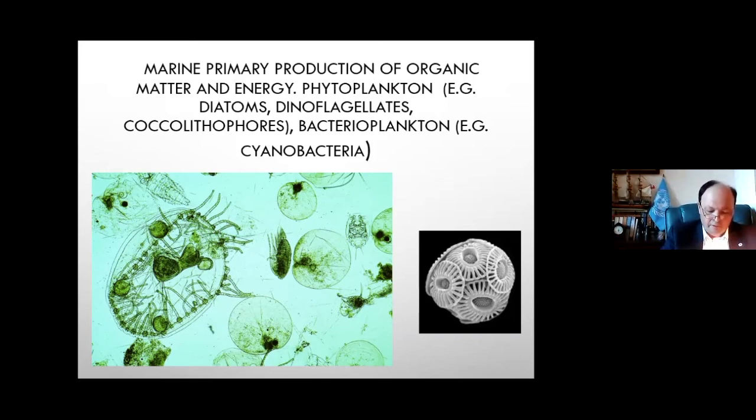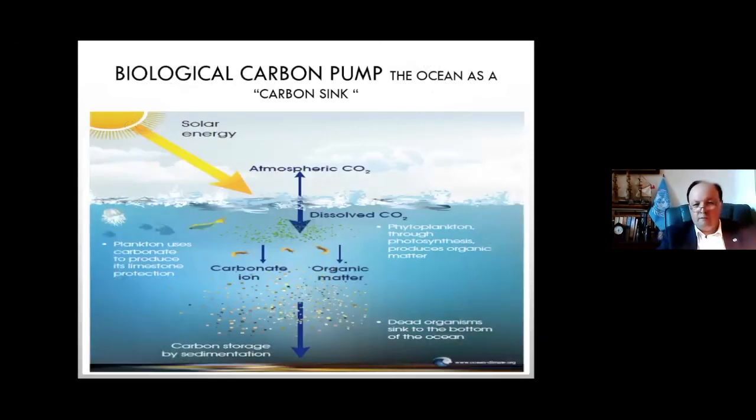Cyanobacteria are very, very important, a very basic and ancient form of life, but particularly important in the oceans. So all these tiny little creatures are doing fantastic things for us: producing oxygen, capturing CO2 emissions, and giving us organic matter. Ultimately, it's going to be food for all the trophic layers in marine life, and for humans as well, for the human species. I hope that gives a basic picture of what plankton does for us, but it's very, very important.